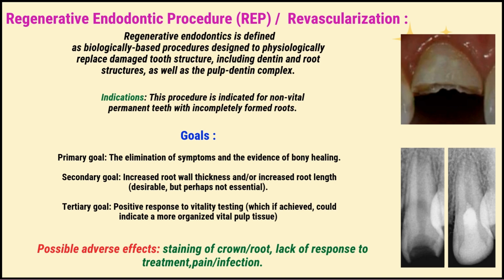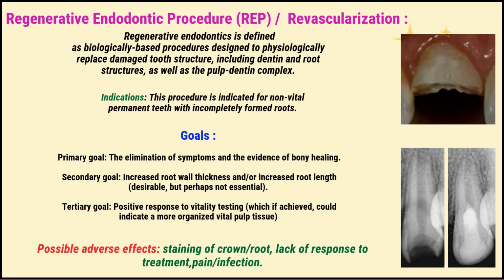As the name implies, many clinicians think that the primary goal is to bring back the vitality of the pulp, but it is not. The primary goal is to eliminate the symptoms and to produce the evidence of bony healing. And after achieving this goal only, the rest of the things are taken into consideration. That is, the root length increase, the root thickness increase, and then the vitality of the pulp achievement is